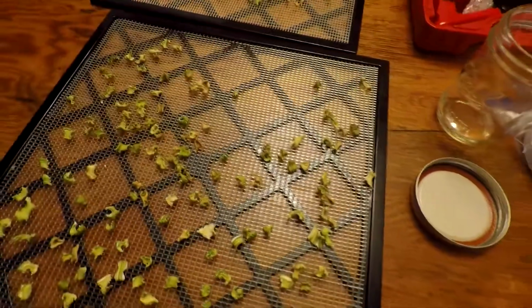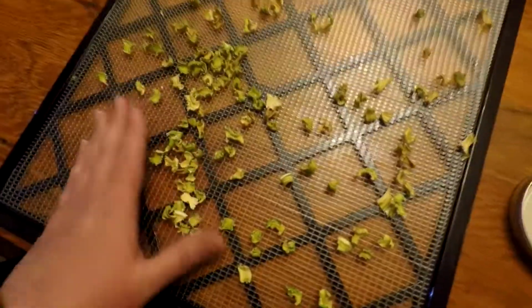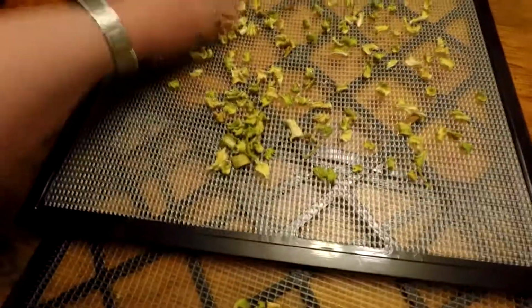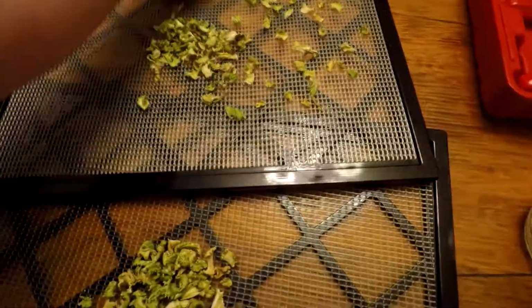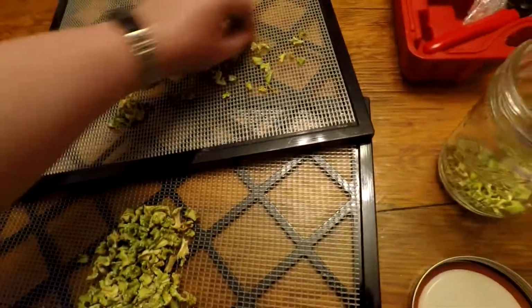So let me get this on here that way. There we go. Okay, so this is the celery. Try to get it all up in a little pile with one hand. And then I'll gather this one as well, but there's no sense in me moving it twice, so I'm going to go ahead and put it in the jar. I made sure the jar was clean. I know this is not going to fill this jar, but I am going to show you a way that you can vacuum seal